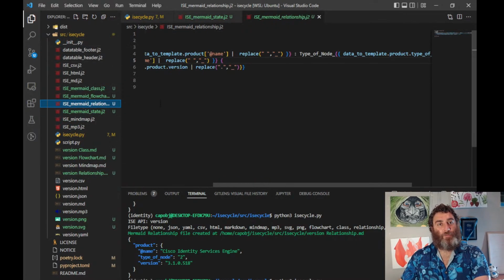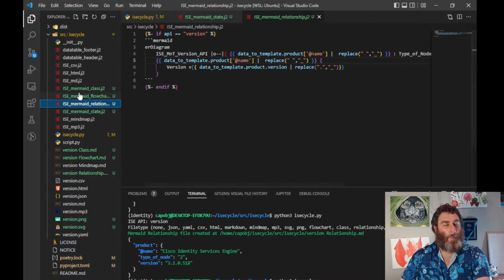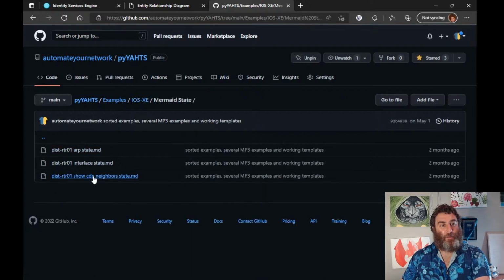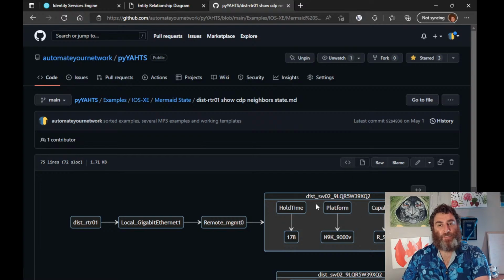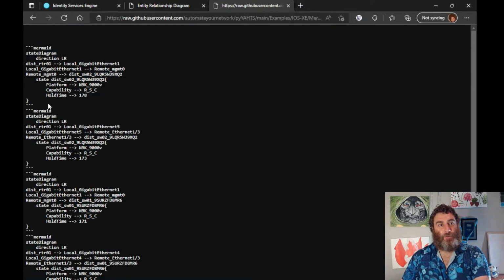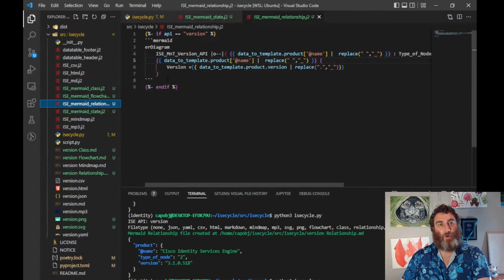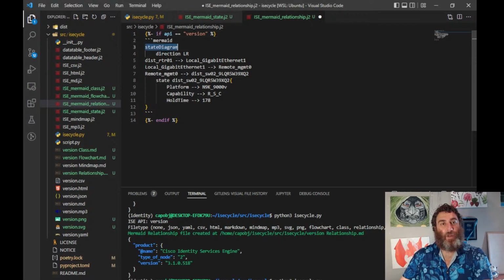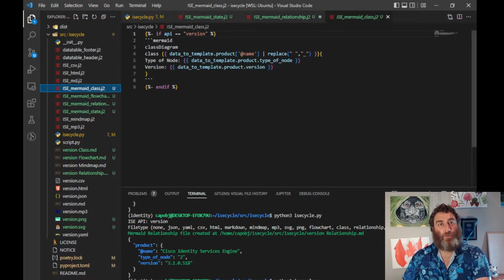for our state diagrams, and we can copy, I don't know what the closest one to a state diagram is. Let's just grab one here, state for CDP neighbors. And this is sort of what they look like, what they render as. So let's grab one and repurpose it for our nodes. Okay, so we have the state diagram from left to right, and here we're going to hard code in ISE version API, which goes to the product name,